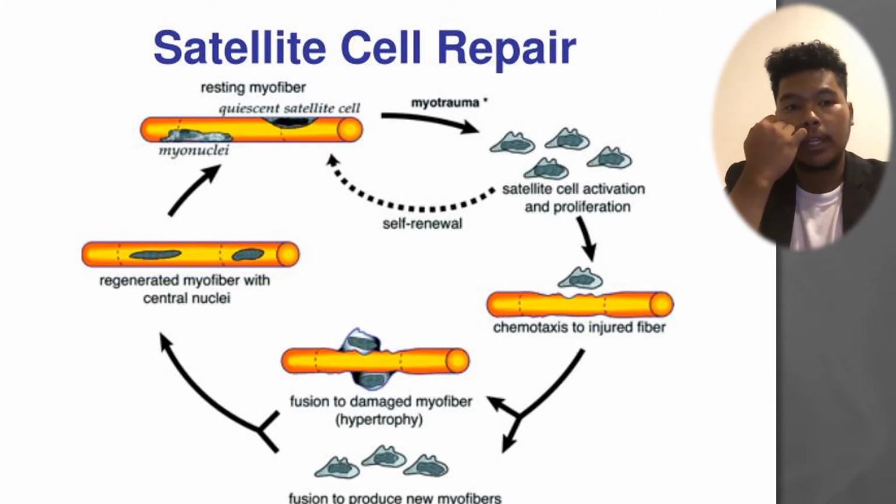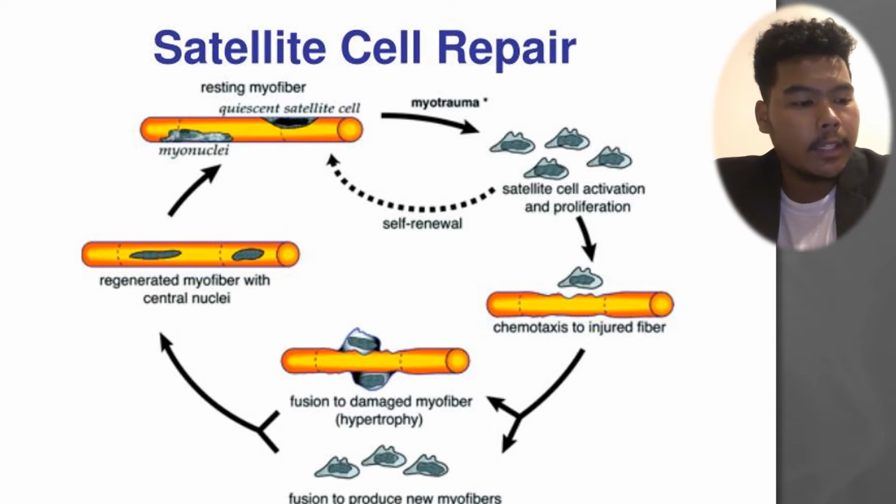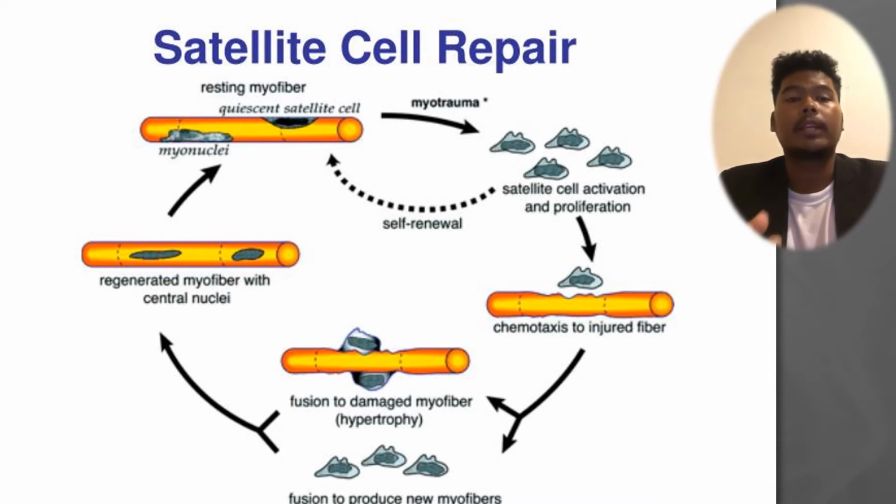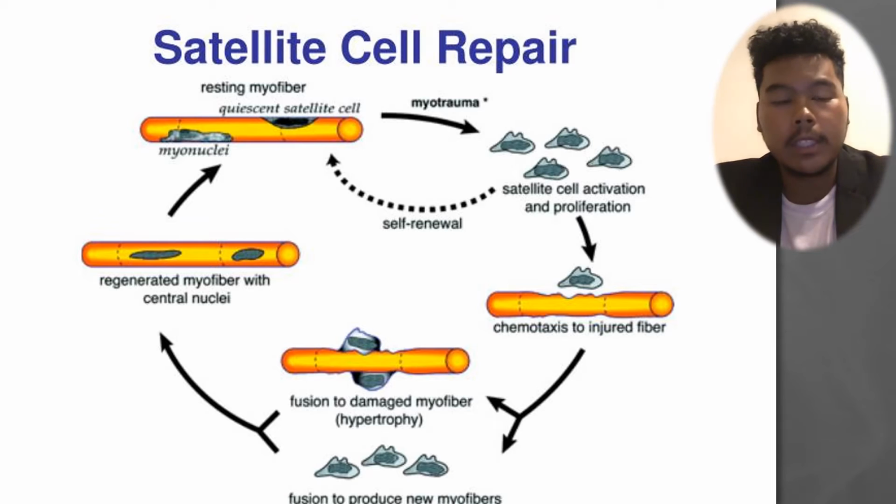So when our muscle fiber is damaged, the satellite cells will be activated and proliferate. After the proliferation and the satellite cells are active, the chemotaxis will occur on the damaged cells. After that, they will fuse to the damaged myofiber, which is hypertrophy, which means